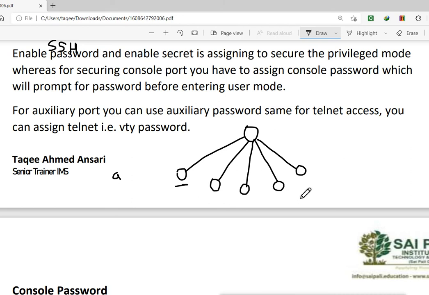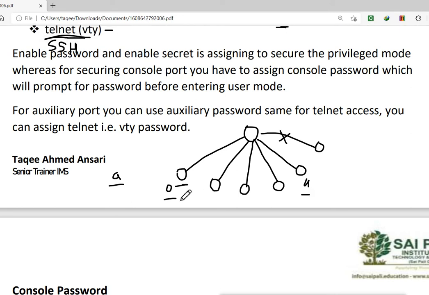Now when the sixth connection comes, while these 5 connections are already connected, that means from 0 to 4, it will not be allowed, because we have configured the password only for 0 to 4. If I configure the password for 0 to 15, that means simultaneous connections 0 to 15 are allowed.